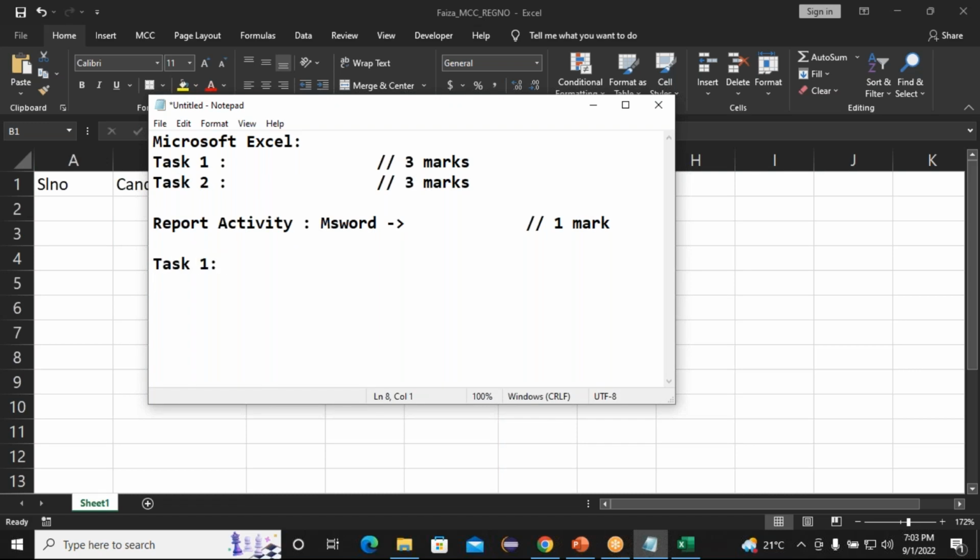I have some conditions. The age limit: the candidate must be greater than or equal to 20 and less than or equal to 45. This is my first condition. The candidate must be within the age limit of 20 to 45. And second,